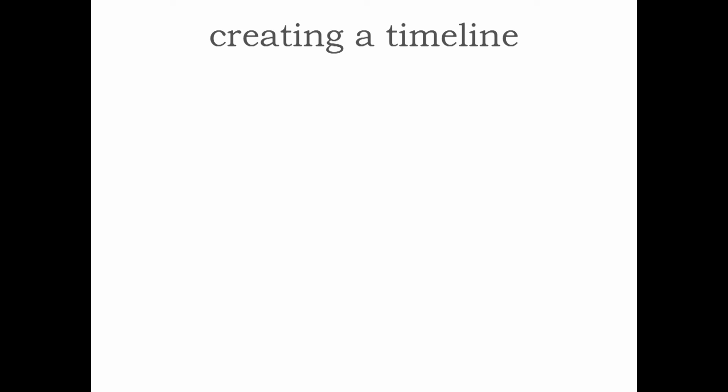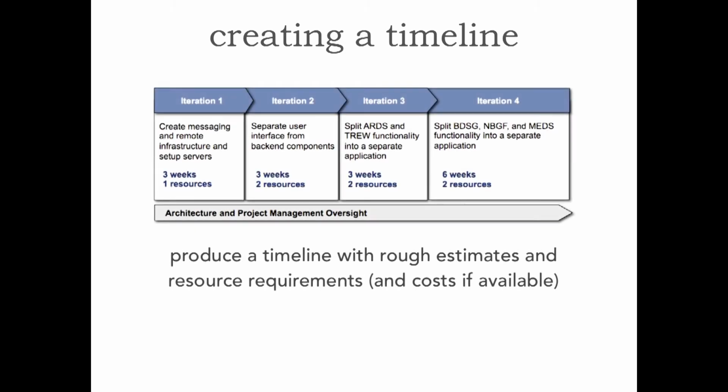Okay, let's look at the 5th step, which is creating a timeline. So when we create a timeline, one of the things we're going to have to add to our business plan, or our case, I should say, for architecture refactoring, is how long is this going to take and how much is this going to cost me? Now, a lot of times as an architect, we certainly don't have maybe the internal costs associated with it, but we certainly can estimate the duration of each iteration and an estimate of how many resources are going to be